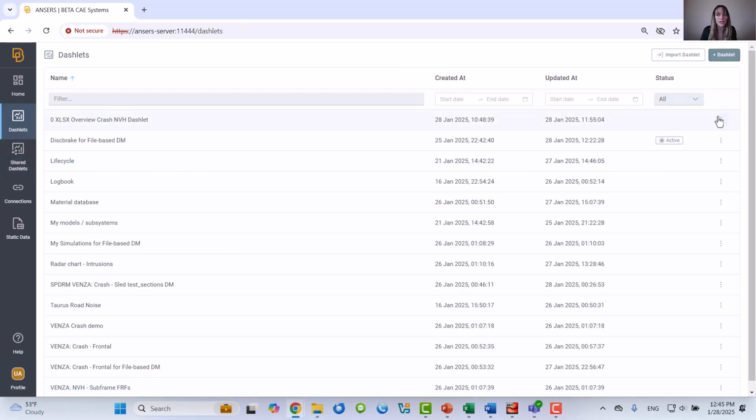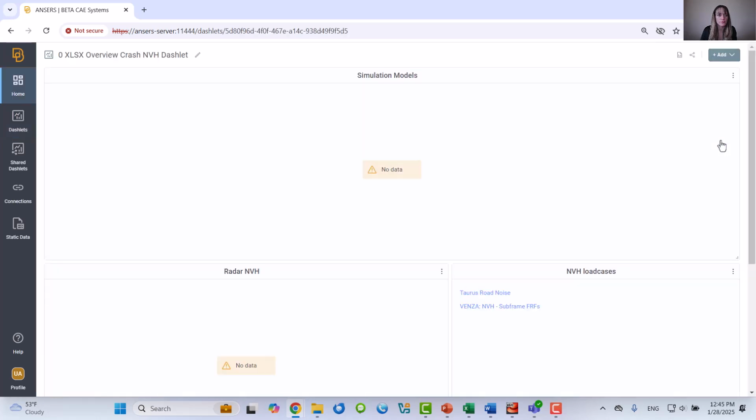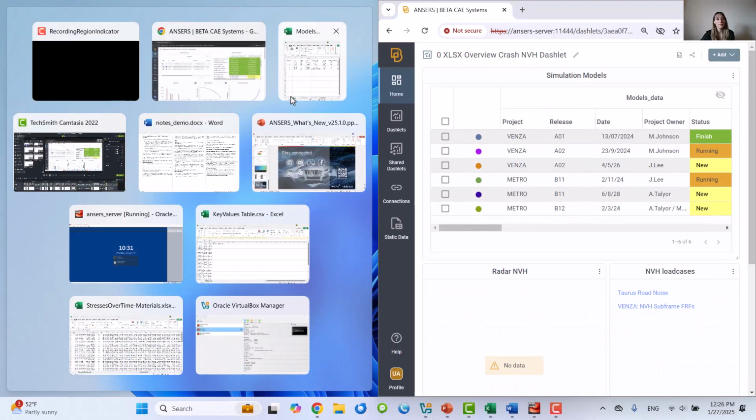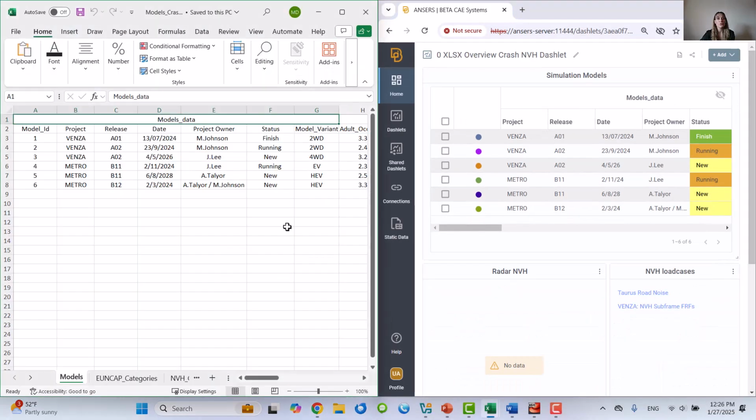I will open this Dashlet. Regarding the data sources now, you can dynamically retrieve data directly from XLSX files that are stored on the Answers server. The requirement is that the Answers server can access this file system.